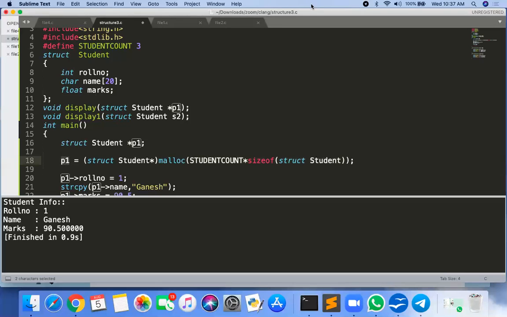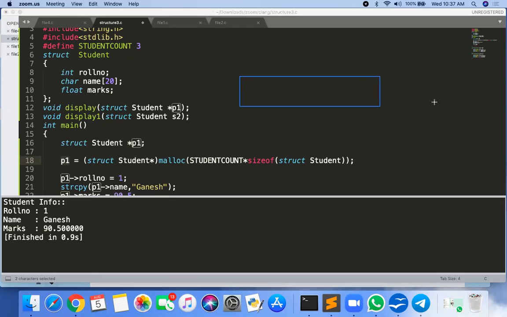Getting? So there is the array, yes, this is my array, which contains the 3 students. These are 3 students.